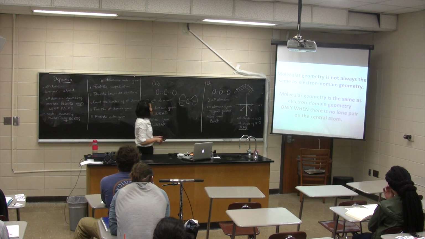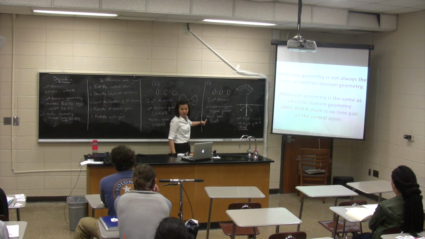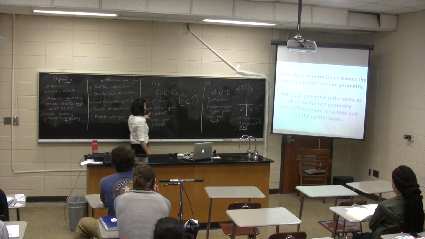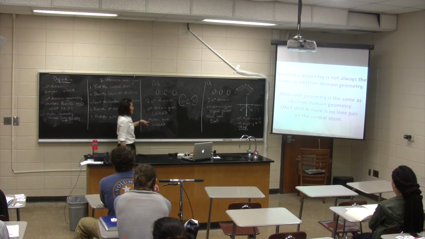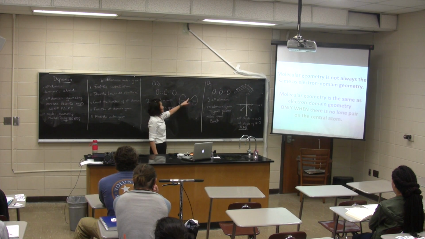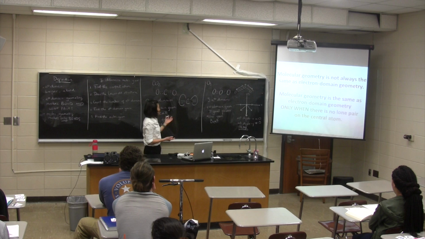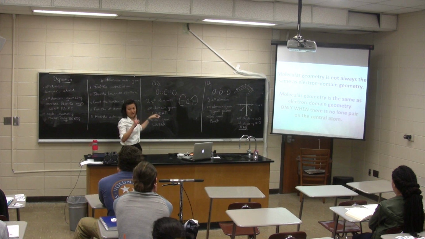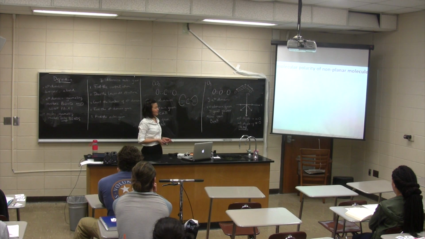And also, from this example, you can see that the electron domain geometry is not always the same as the molecular geometry. But then in this example, they are the same. So they are only the same when you have no electron lone pair. Okay? Only when there's no lone pair. But that's good. If you know there's no lone pair, you only have to find one geometry. Okay? Alright. Next example, a little harder.